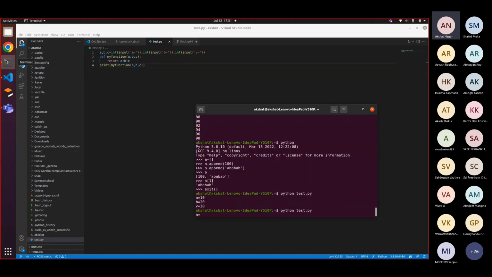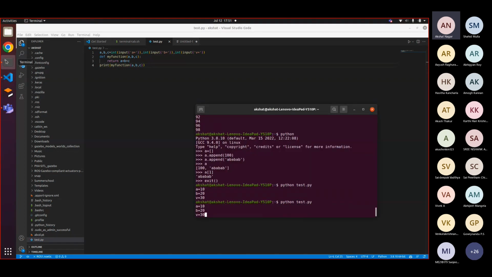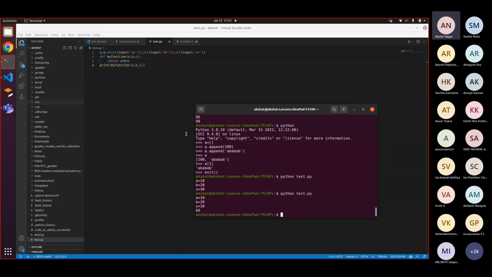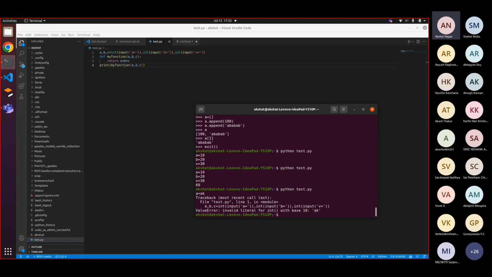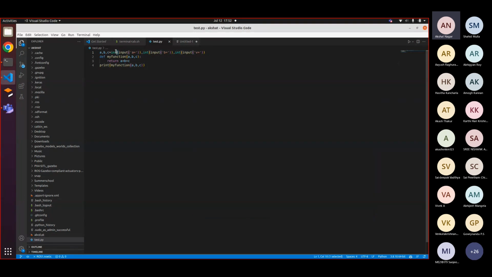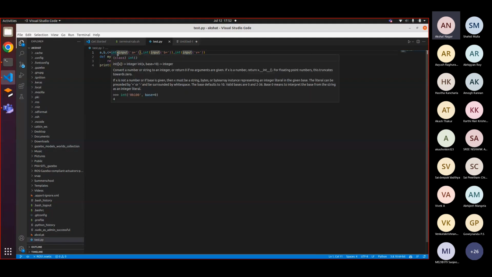Yeah. 10, 20, 30. And I get the sum 60. So well and good. Now I'll do something else. A is equal to AK. Just one sec. Yeah, so this int thing basically won't work right now, but what I'm trying to say